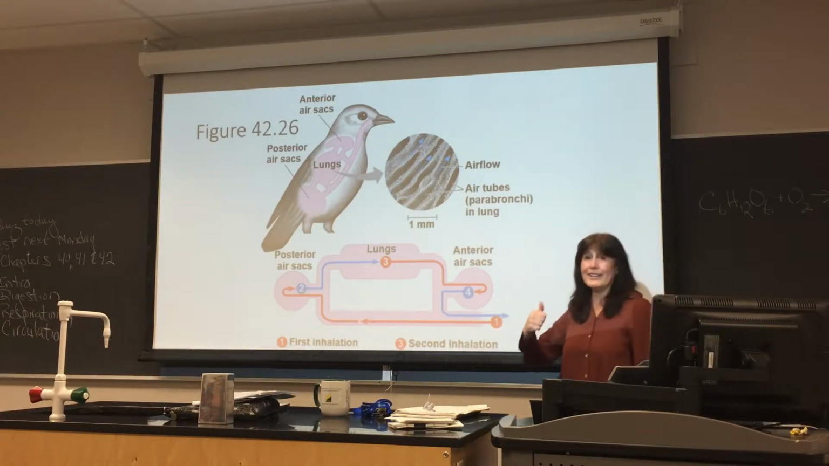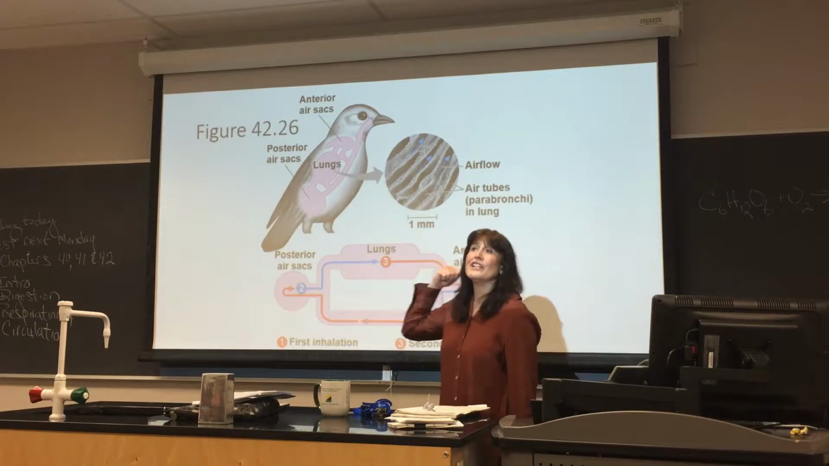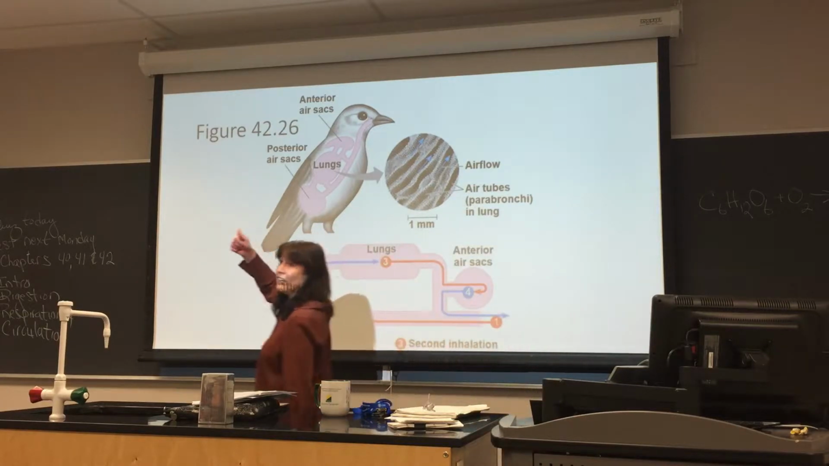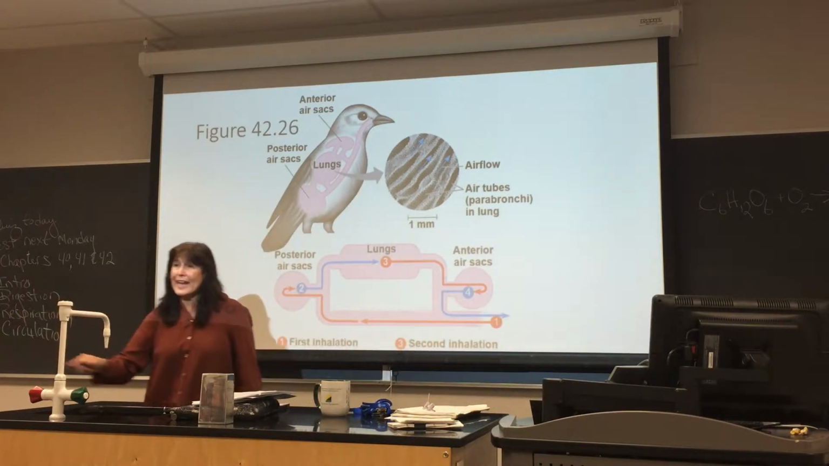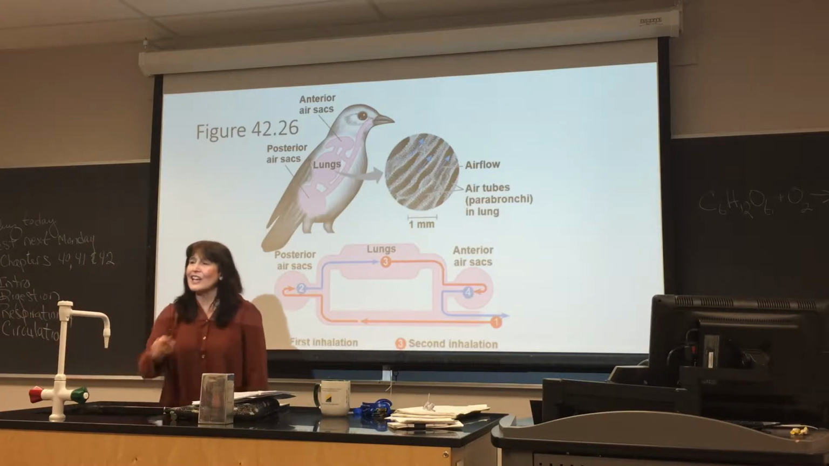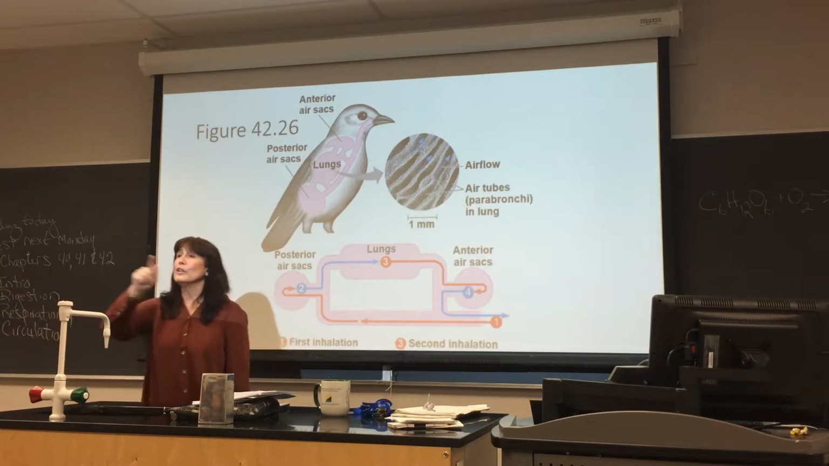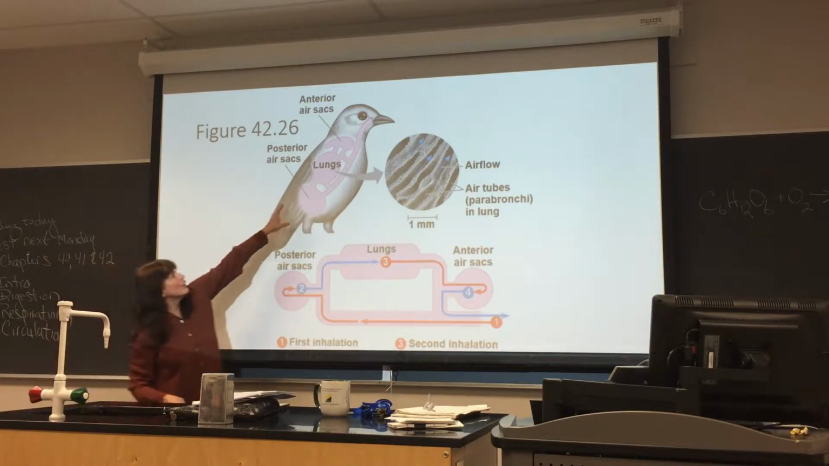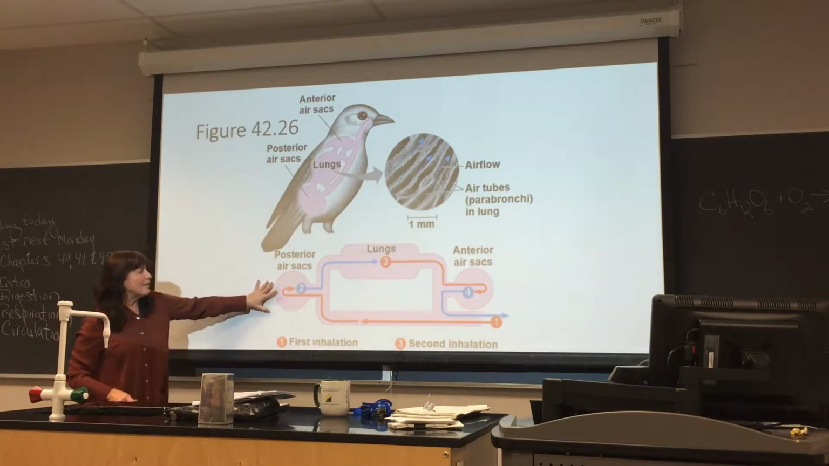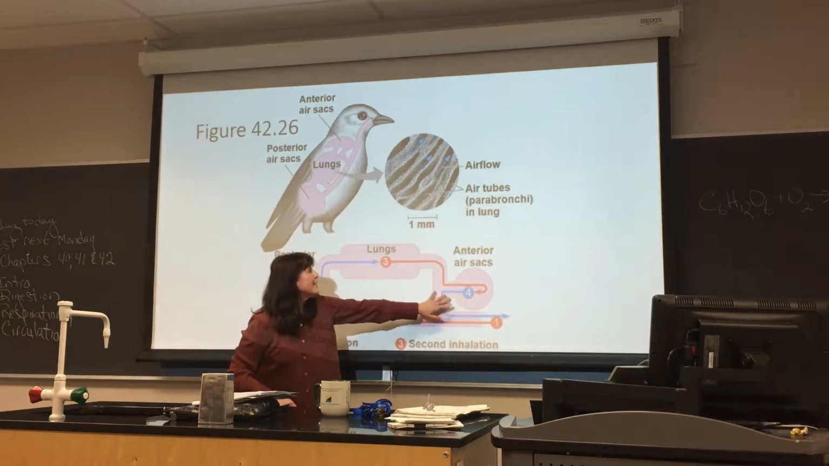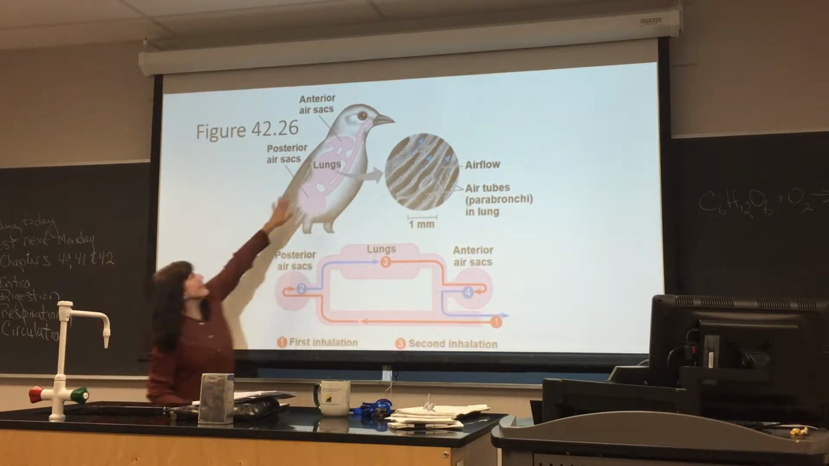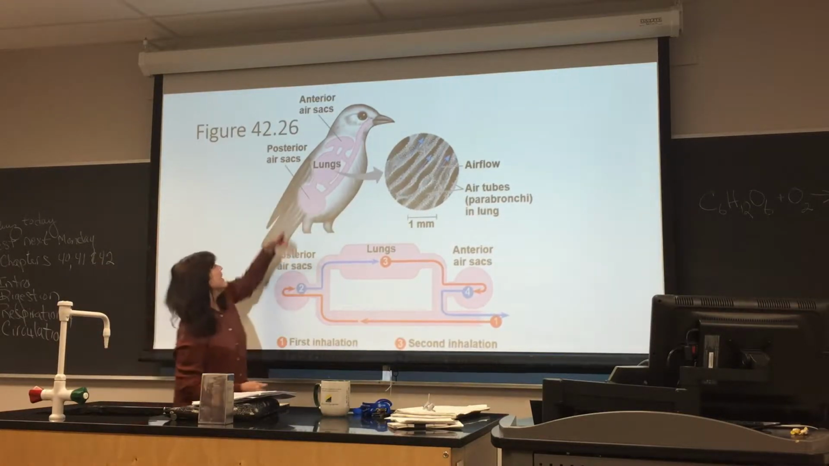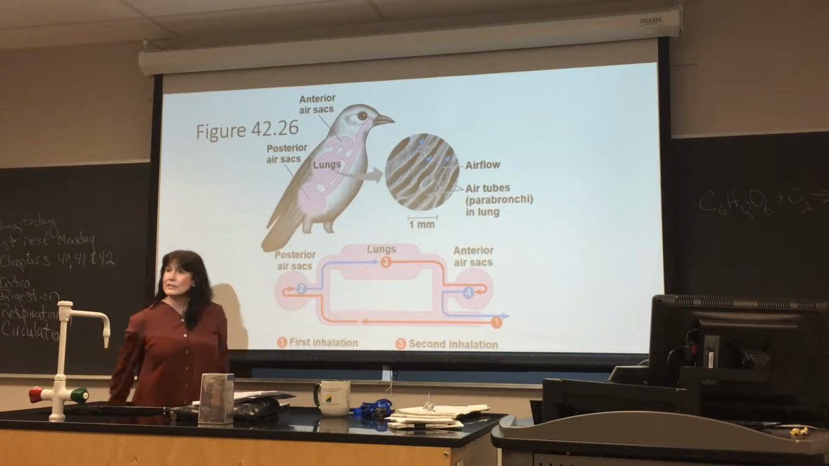Birds are up there. They have to stay light. There's not as much oxygen up at higher elevation levels. So they actually keep the oxygen, the air, going through the system in a unidirectional manner. So if you look at their lung system, they also have posterior and anterior air sacs. So here you can see anterior, meaning closer to the head, and here you can see posterior, closer to the